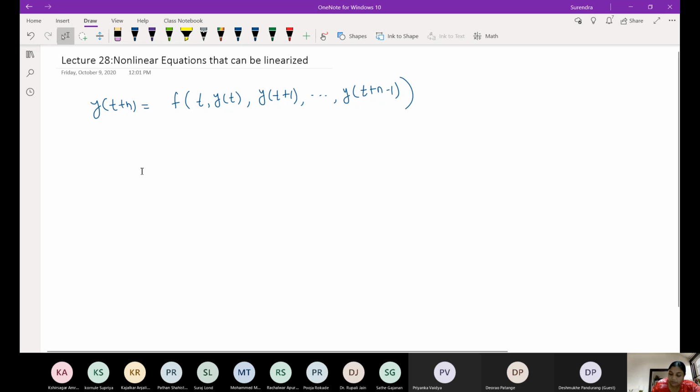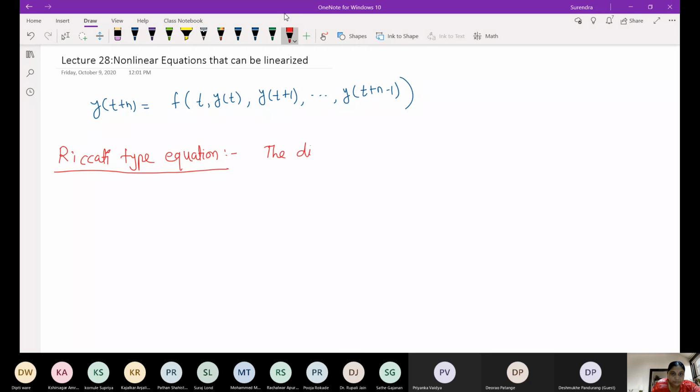In that, one form is the Riccati type of equation. Riccati type equation. So it is of the form,